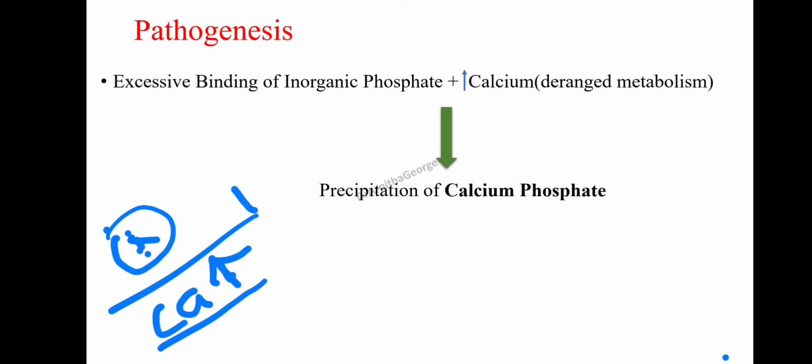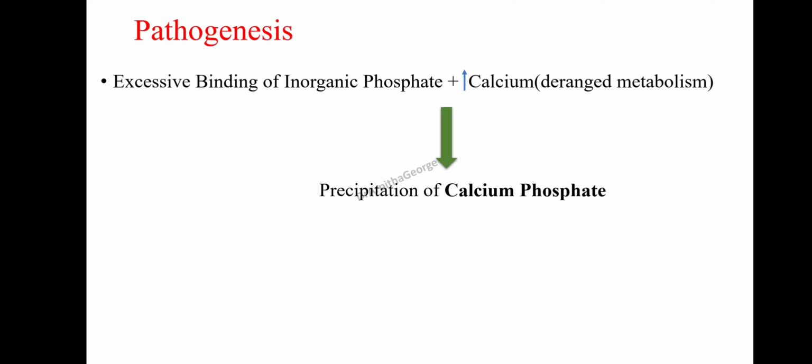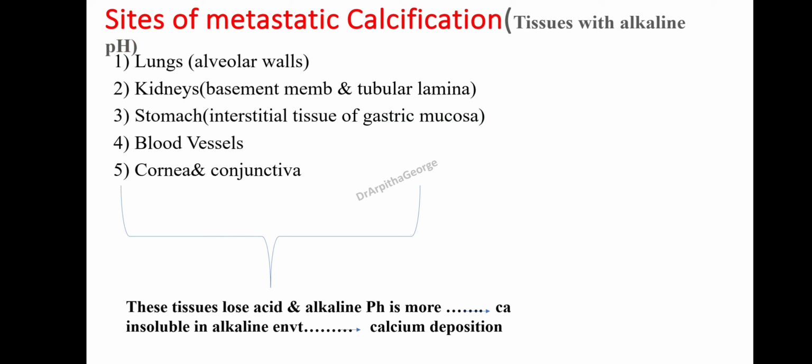What is the attracting factor here? Can you tell me? In dystrophic calcification, the attracting factor was the phosphate ions. Here, the attracting factor is, if any tissue loses the acid,